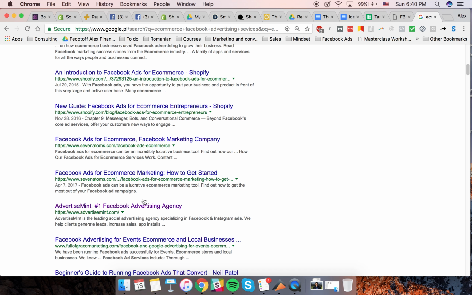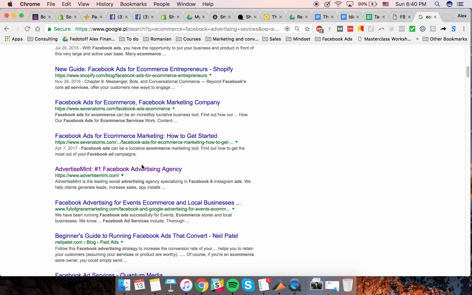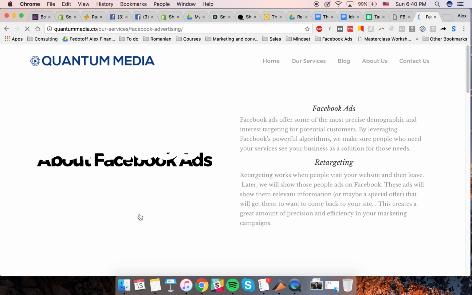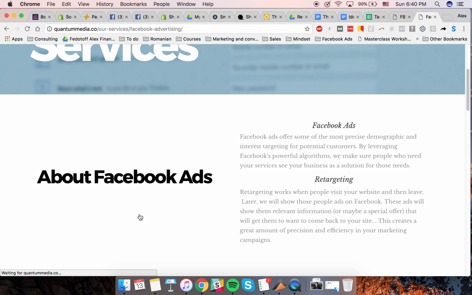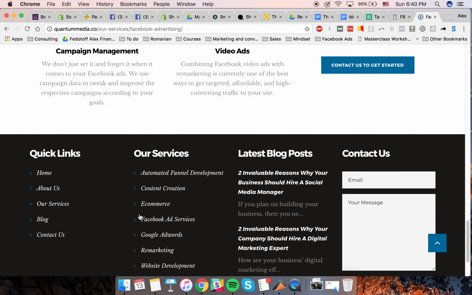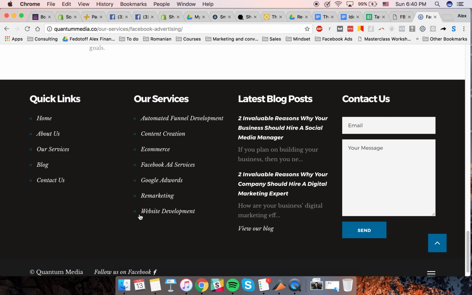like agencies, and you can see how they're talking to their customers, like a Facebook advertising agency, Quantum Media. You can see how they're talking to their customers, specifically in e-commerce. If this is e-commerce, we'll see. Retargeting. They don't have anything very specific here,